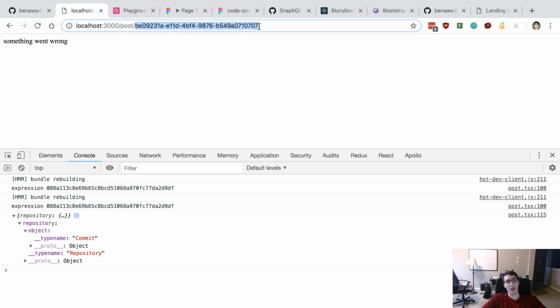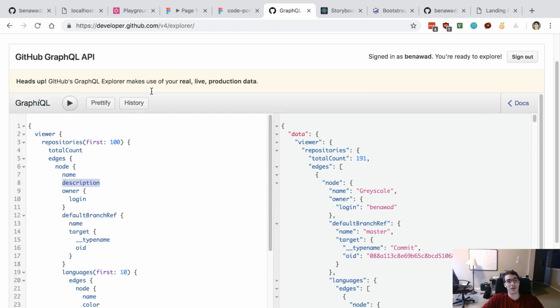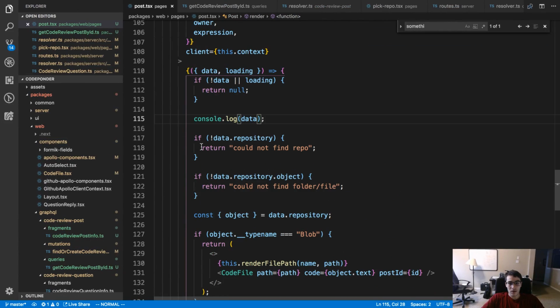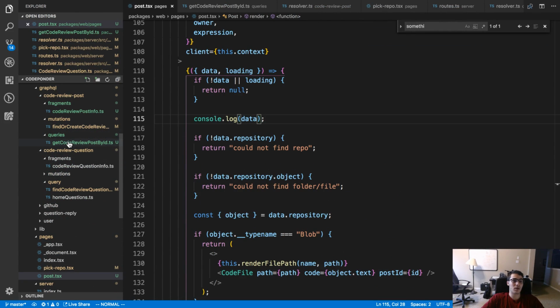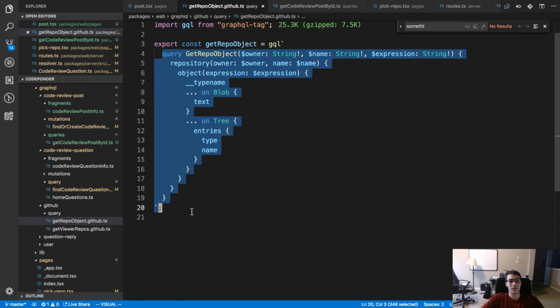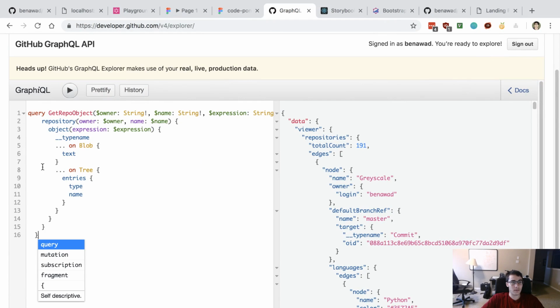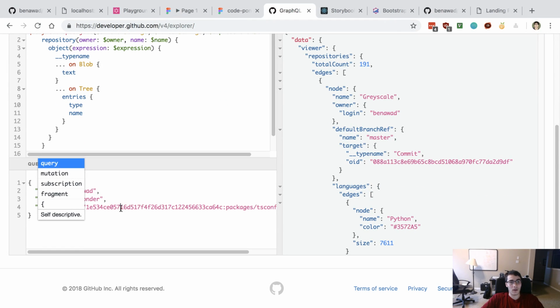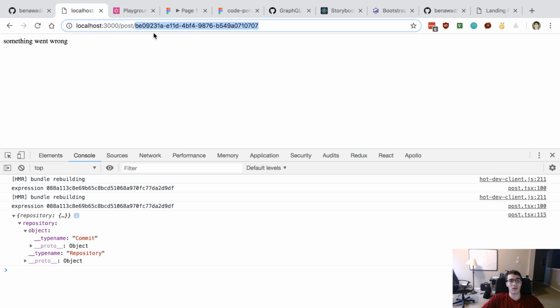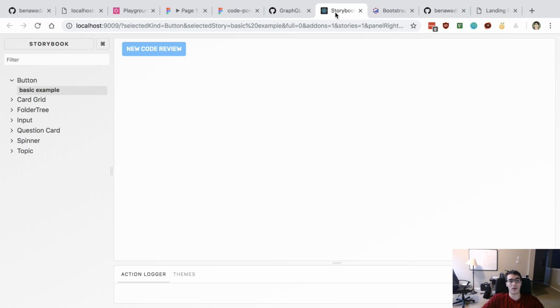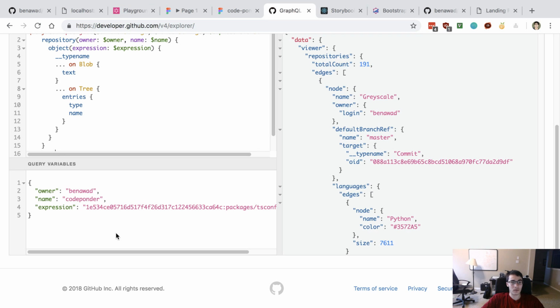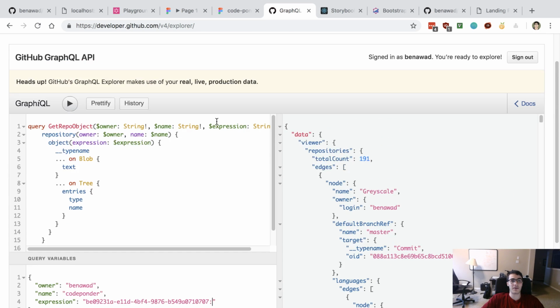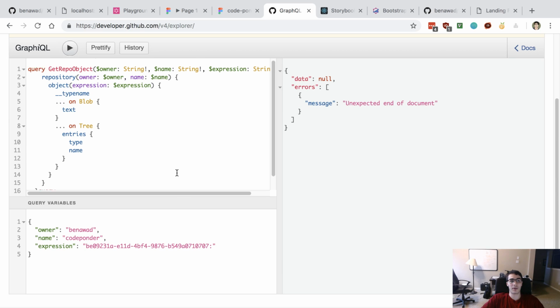All right, so let's go to the GraphQL playground and figure out what we want to request for this. So this is this request. All right, let's see. All right, so first, what happens if I keep the colon there? Unexpected end of document.